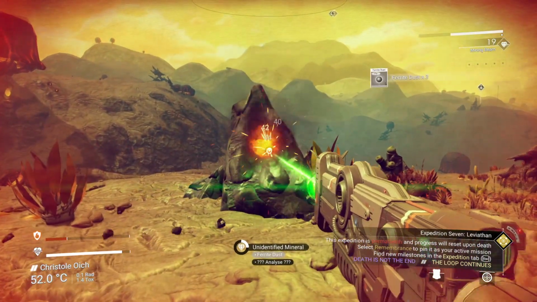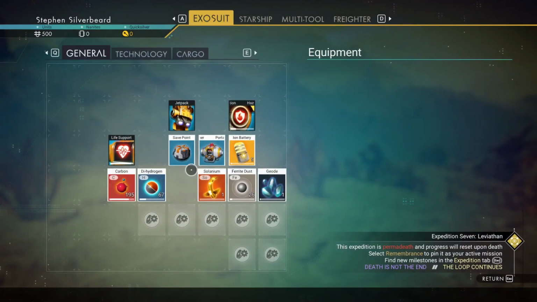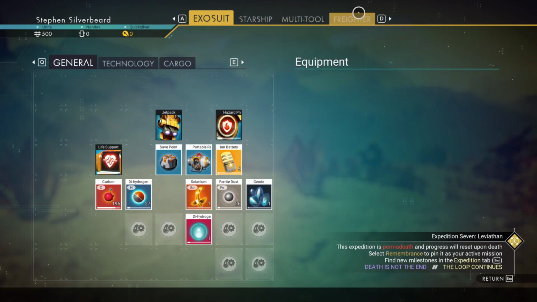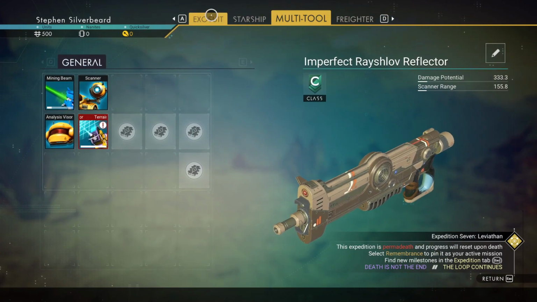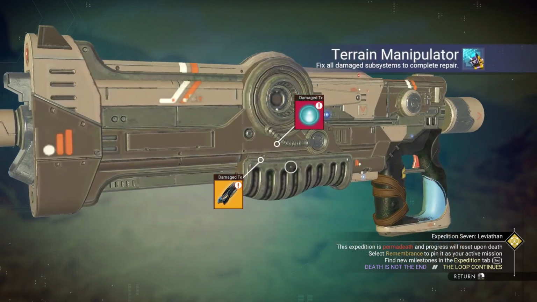Can't remember. I think it's... Yes, thank you, game. To repair this, we need dihydrogen jelly. We can make one of those. I'm pretty sure we can. And what was the other thing we need to make? We need a carbon nanite. Right, repair the...